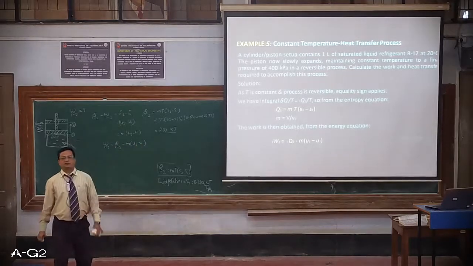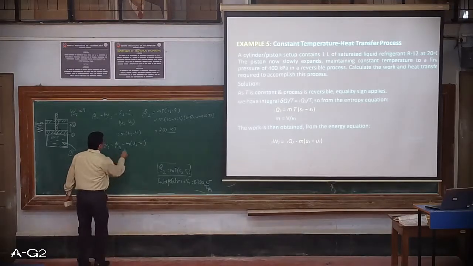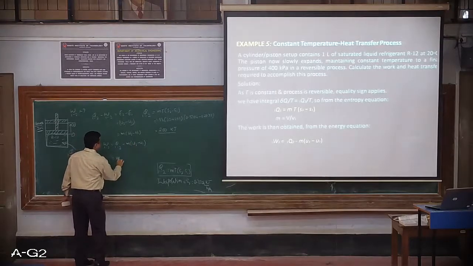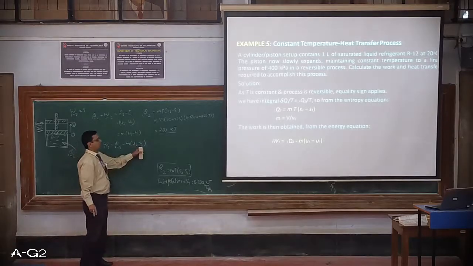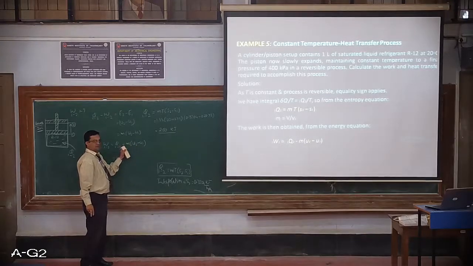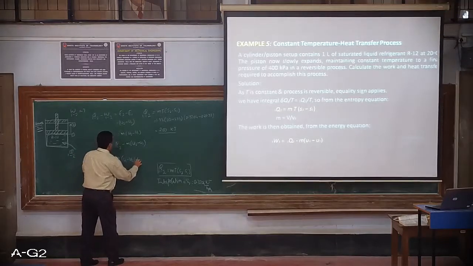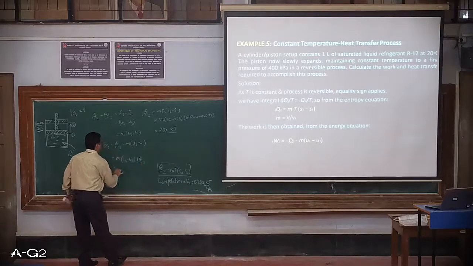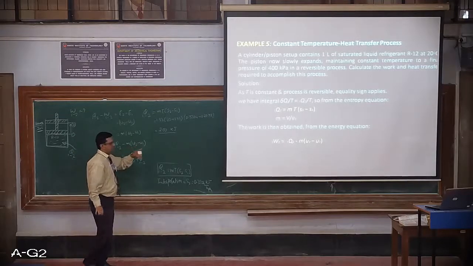In some books, if you refer, there is a slight change. Instead of taking the minus into this, what they have written is m, and they have swapped these two, changing U2 minus U1 to U1 minus U2. So the minus sign comes out, minus into minus becomes plus, so I'll be writing here m(U1 minus U2). The plus heat transfer remains as it is. So sometimes you may observe this kind of change also, from this expression to this.